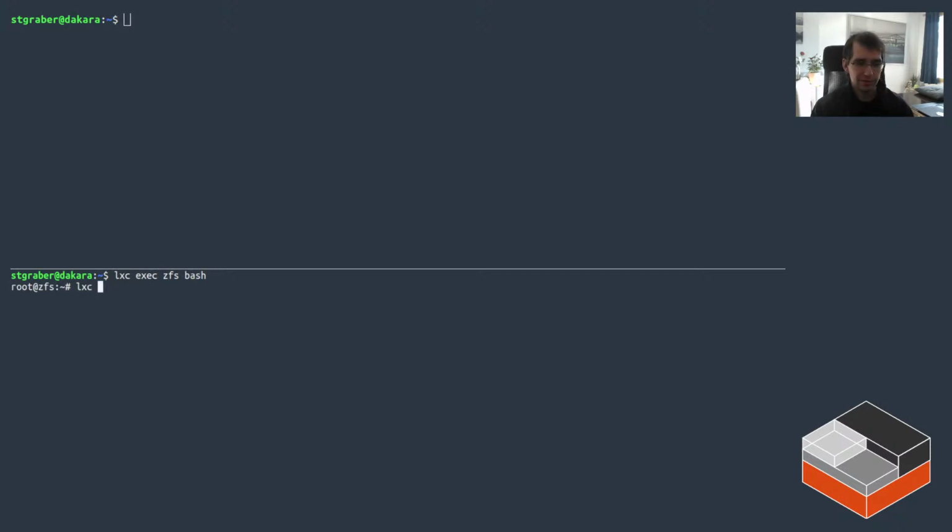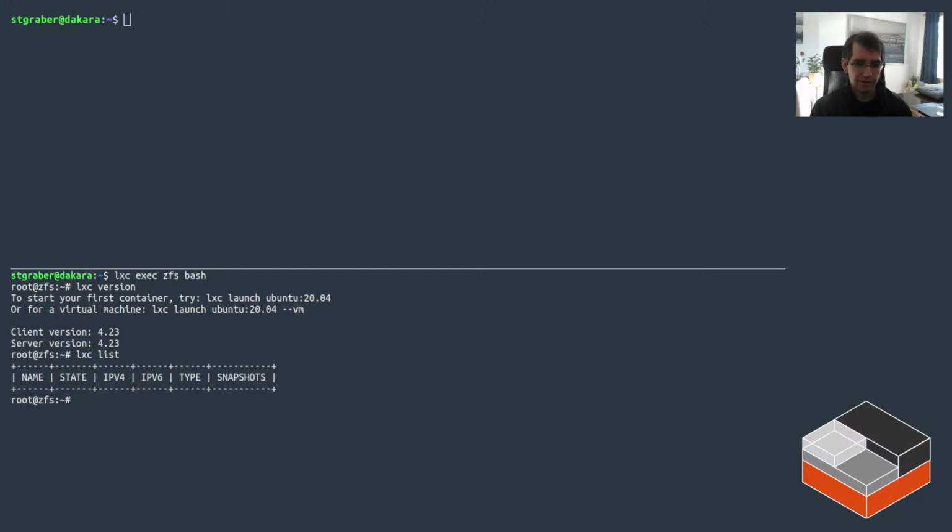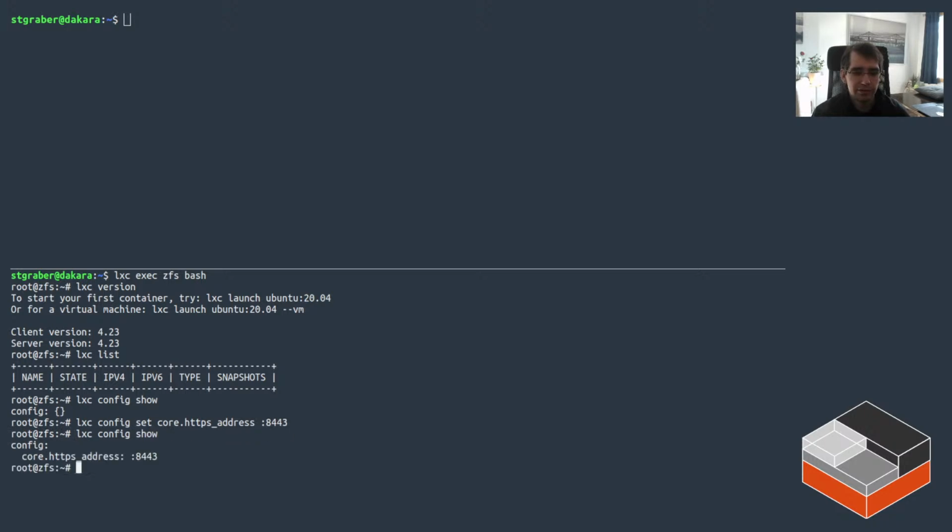This one has lxd in it, so lxd 423. It doesn't have any instance or anything. And if we look at its config, it doesn't have anything configured. So what I'm going to do is have it listen on the network. So now it's listening on port 8443. And with that done,